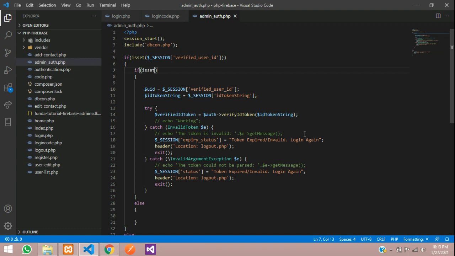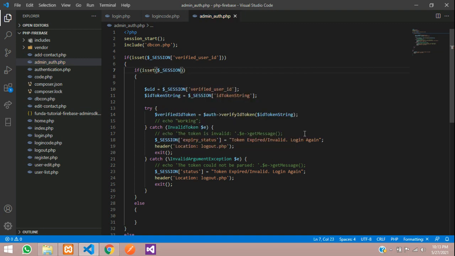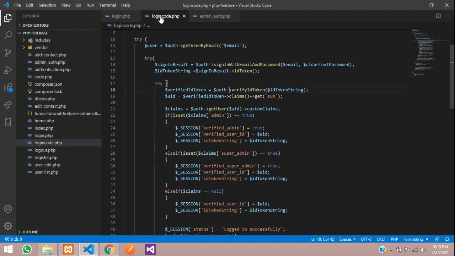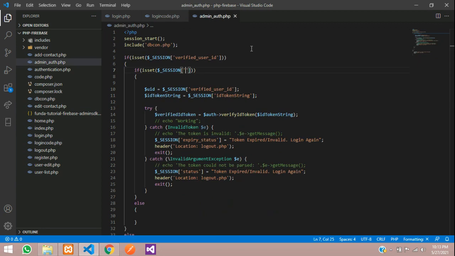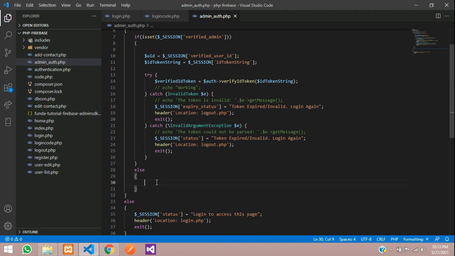First is the isset function of $_SESSION, single quote, inside single quote what you have given, that is admin. So if the admin logs in, as you can see, the verified admin, we are taking this session variable and checking that if it is set, then he can access this, or else we have to show he is not an admin, then you have to set that.